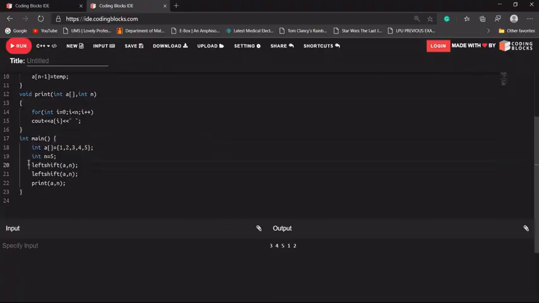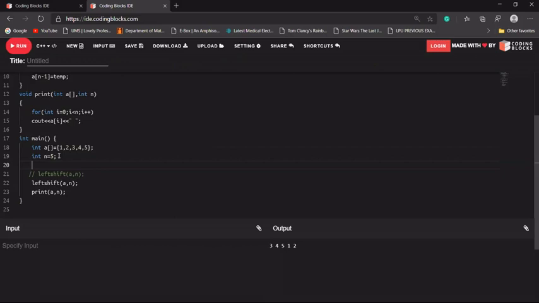Let's comment this out. This time we'll call it rotate, left rotate. Suppose we are trying to perform an n left shift operation.